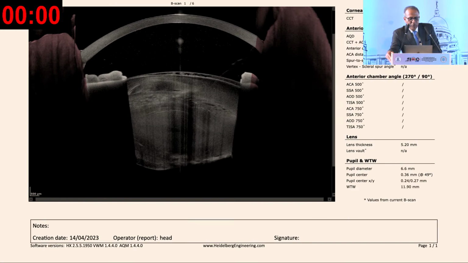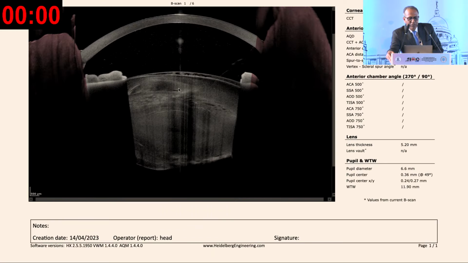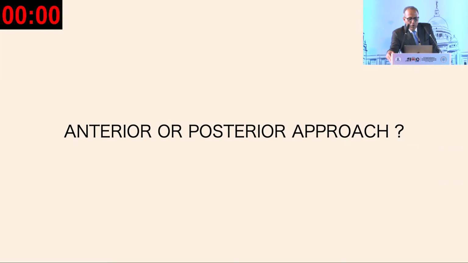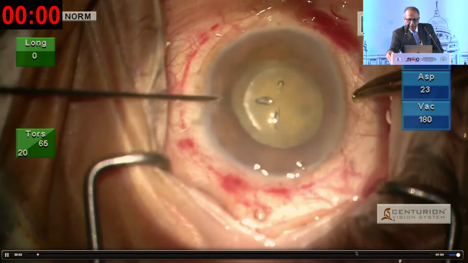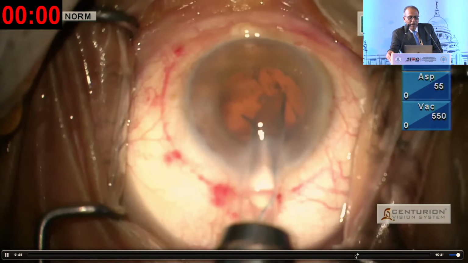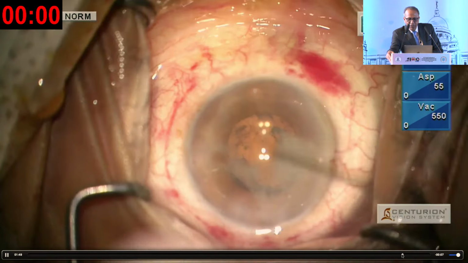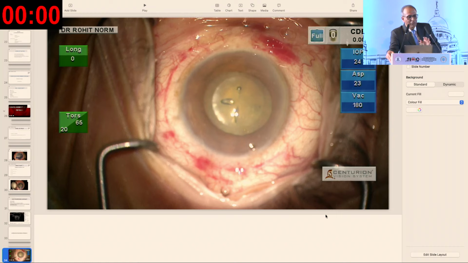So this is another situation where I would like to show is that this patient had multiple anti-VEGF injections. So the visual acuity improved from 6/36 to 6/18 and dropped to finger counting in 2 months' time. So I think in this you will find that in this also the low fluidics were used, and by using low fluidics we created a situation wherein we were able to save the nucleus from going behind and the IOL could be easily completed. So friends, whenever we have PCR, the most important thing which we need to bear in mind is that if we take care of fluidics,